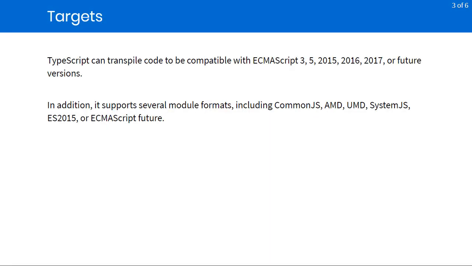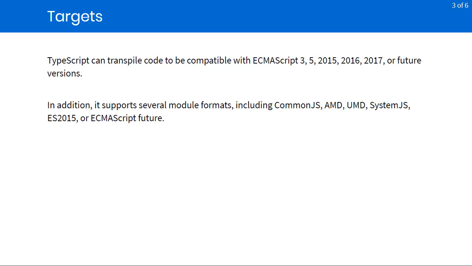First of all, since we have a transpiler, TypeScript has an opportunity here, because it doesn't just have to convert to one version of ECMAScript. We actually have a variety of ECMAScript levels that TypeScript code can be down emitted into. So, for example, by default, the TypeScript compiler tries to generate your code down as ECMAScript 3. However, you can configure it to generate ECMAScript 5 compatible code, 2015, 2016, 2017, or any future version.